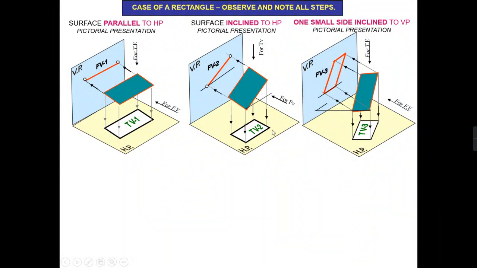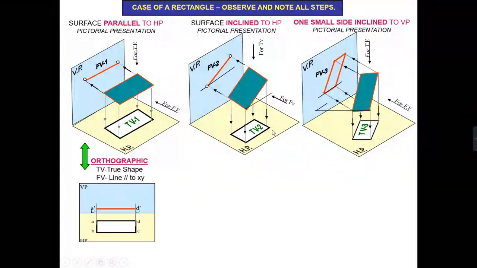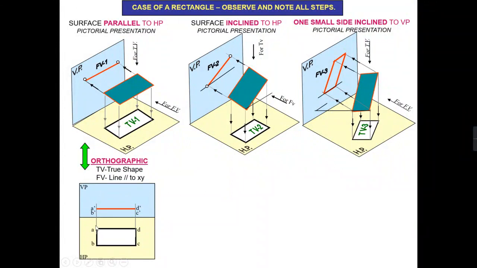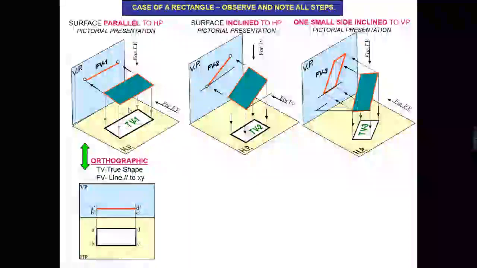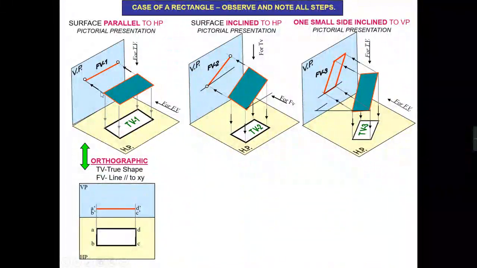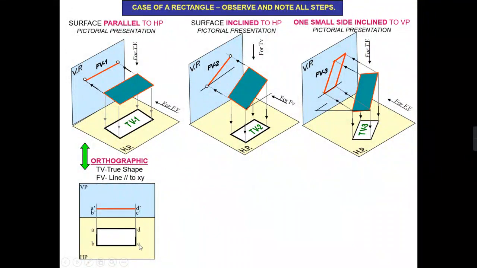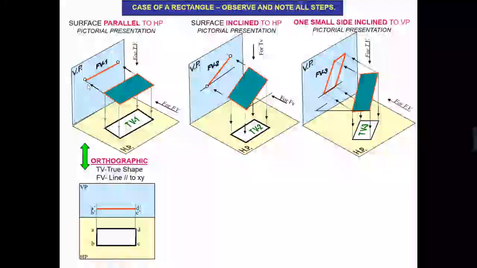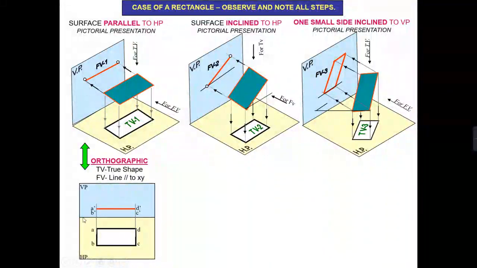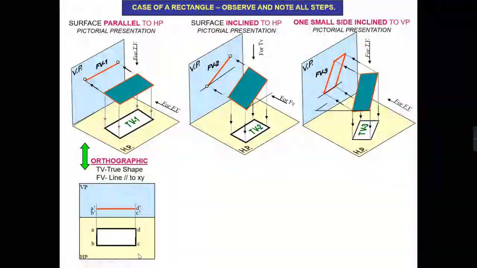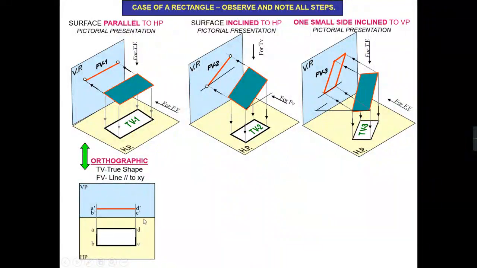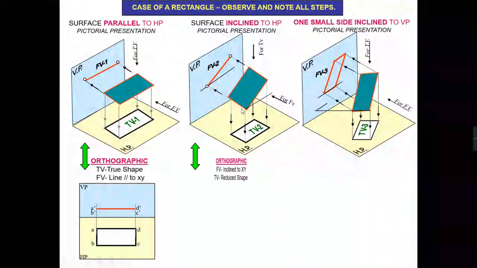So if you draw it on the drawing sheet, you can draw it like this. Suppose the edges are A, B, C and D. Your point A is near to the vertical plane, so you can mark this point as A. This point will be B, C and D. And if you get the straight line in the front view, then it will show both points like A dash B dash, and it will show both points C and D, so it will be C dash and D dash. The similar way you can draw the front view and top view of this problem.